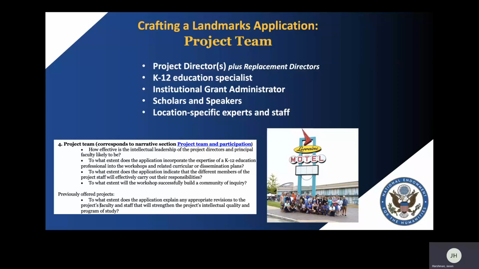Grant funding is frequently used to bring scholars and experts to the program location, as well as to work with site-based experts such as museum docents, oral historians, and local historians available at the site area. We also encourage you to consider the role that can be played by public historians at nearby institutions of higher education, as well as libraries and historical societies.